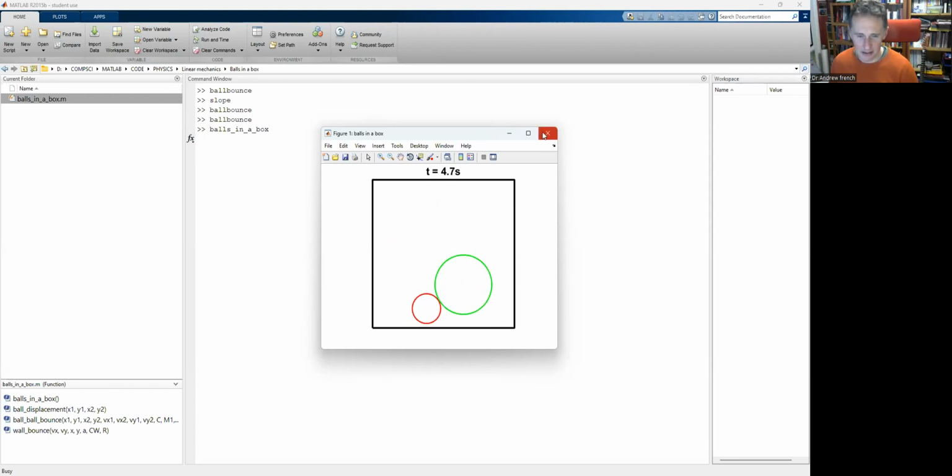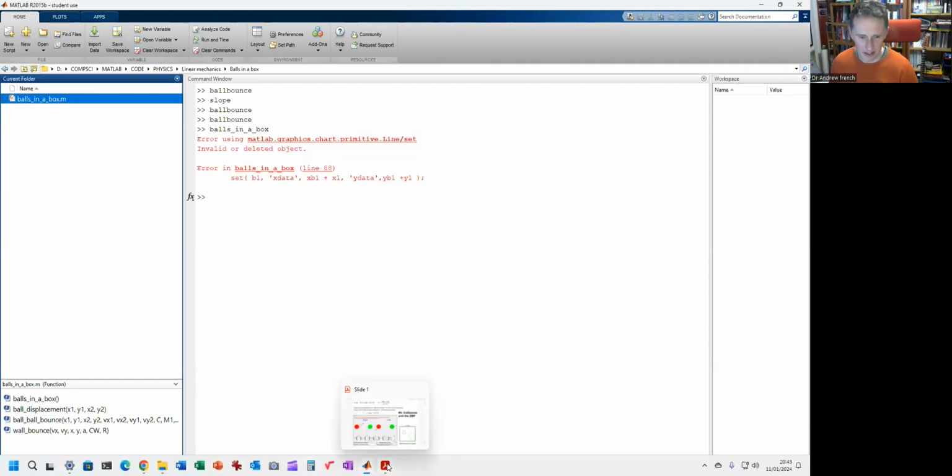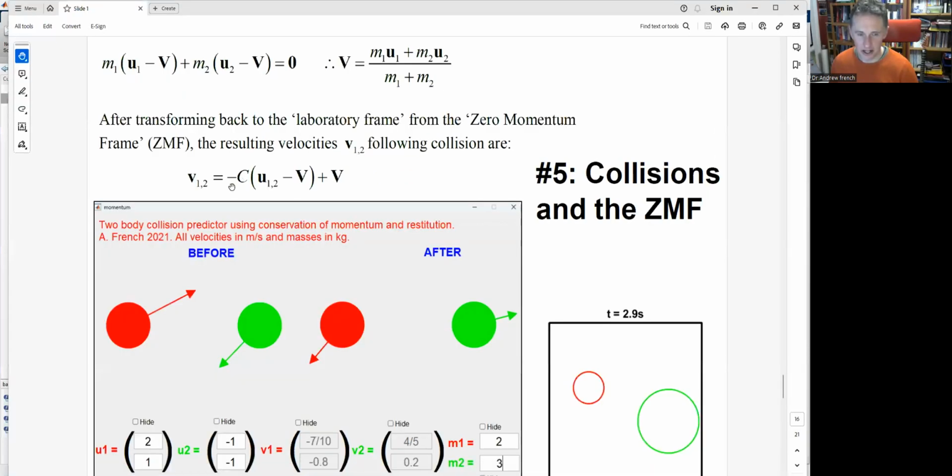But ultimately, it looks like this would be really complicated to work out. But actually, it isn't at all. All you're doing is applying this formula here to work out what happens when those things collide. There's a slight caveat that you have to work out whether a collision happens, and you can do that by working out the distance between the centres of these balls. And when that distance, using Pythagoras, is less than the sum of their radii, then they have a collision. Then you can apply this to the velocities.